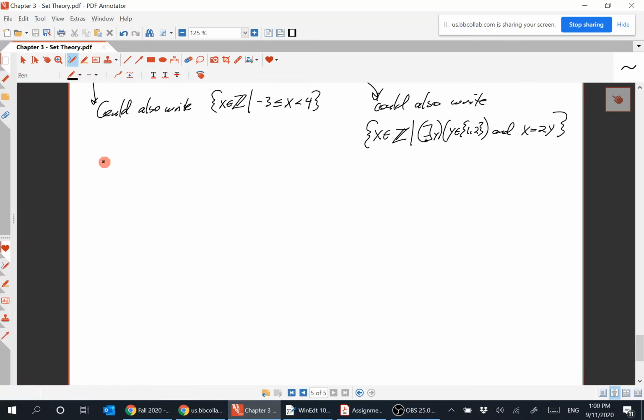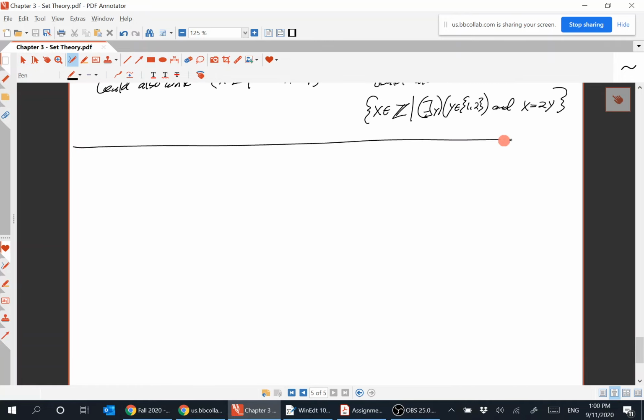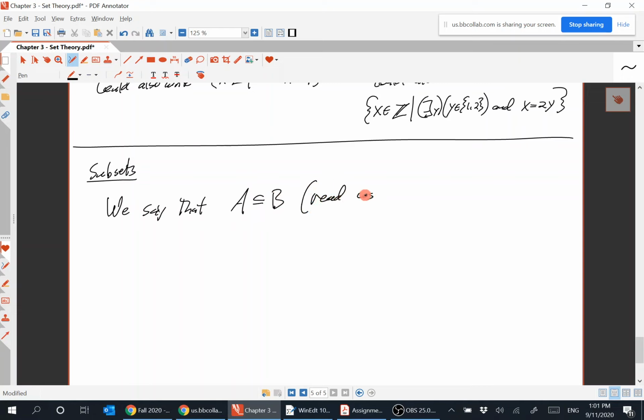Subsets. So might as well talk about subsets. So we say that A is a subset of B. This is read as A is a subset of B, when the following predicate statement